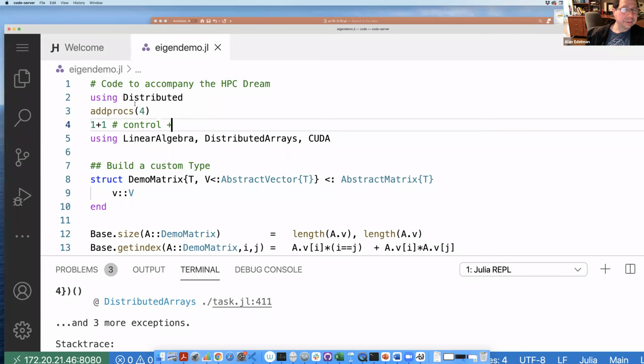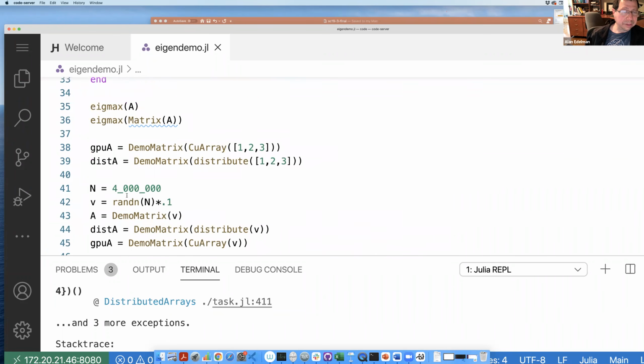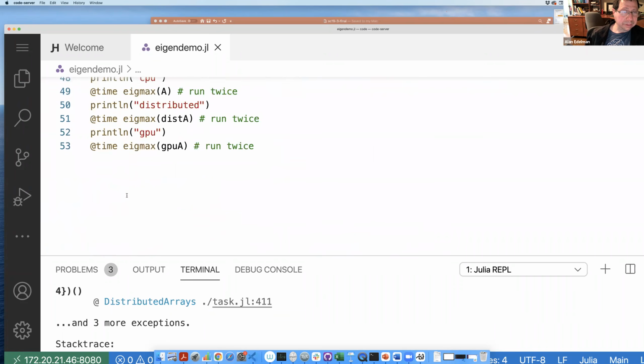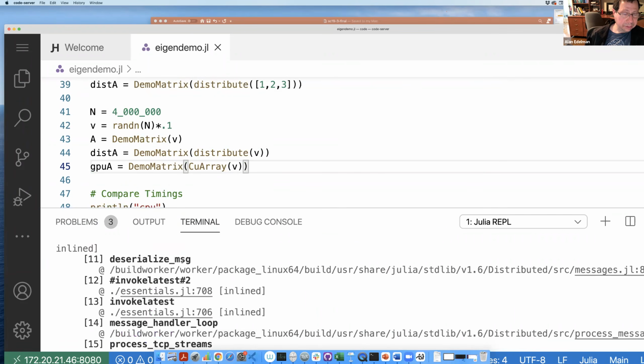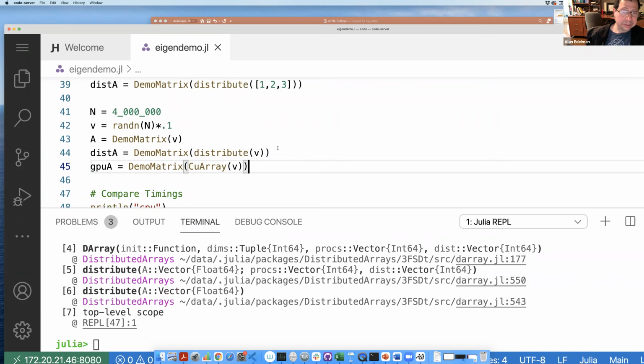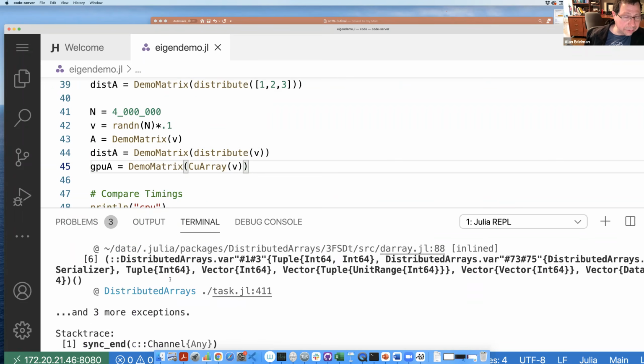Okay, so let's make sure this got executed. And now let's go back down here. Maybe I just forgot to execute something. Otherwise, I'll show you the error. Nope, I've got to show you the error. Let's see what the error is.